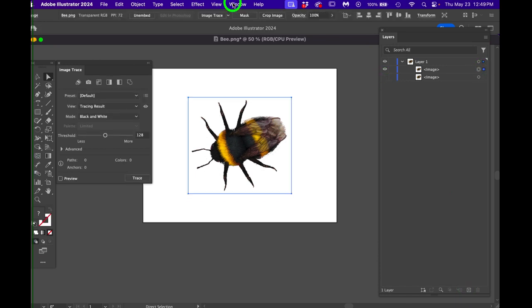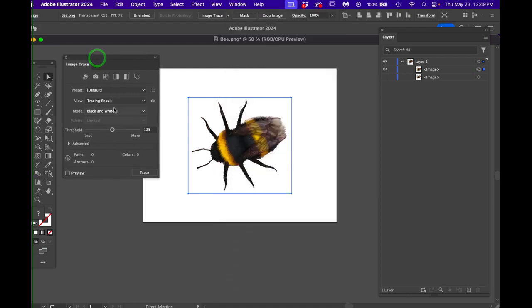I go to Window and Image Trace, which is right there. I put it on Color. And then I get to choose how many colors I want. I'm going to try just like 6 colors. So let's see what 6 colors does to this. And I just hit trace. And now once it's done the tracing part of it,